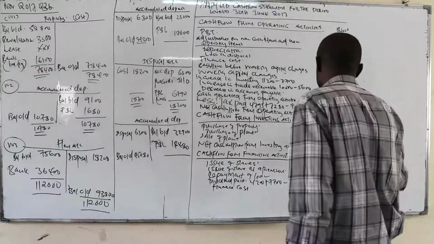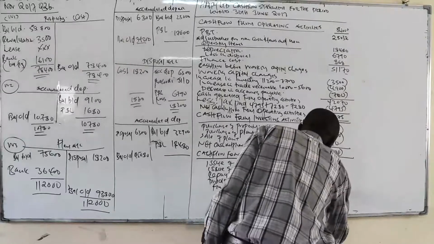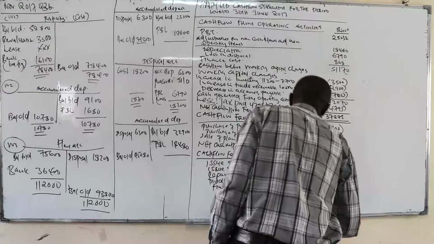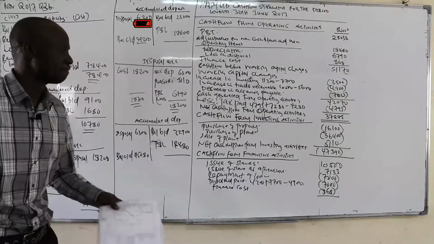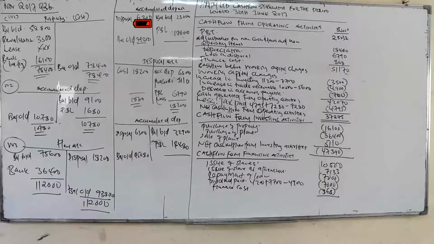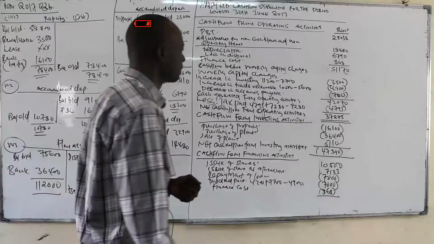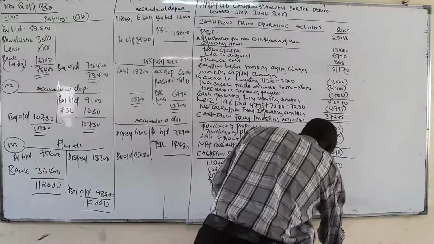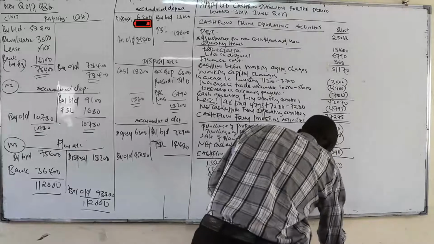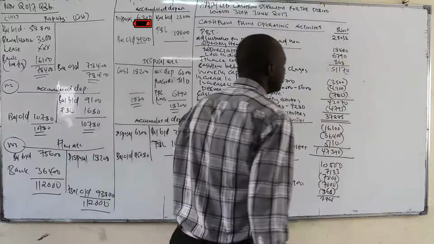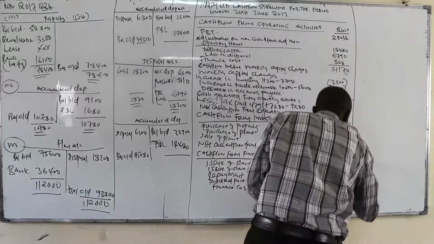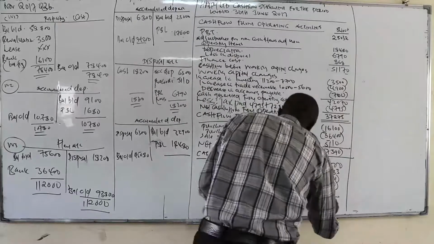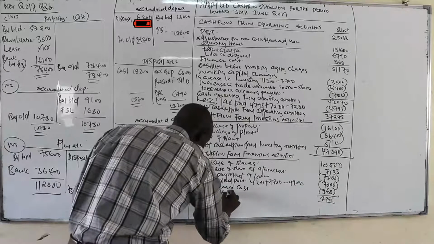But you subtract here 868. And then you get the net cash. You add those ones. What do you get? 27. Here. Negative or positive? Positive. So you say here net cash inflow